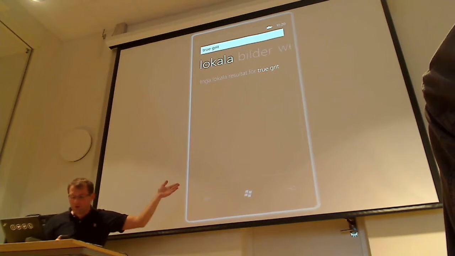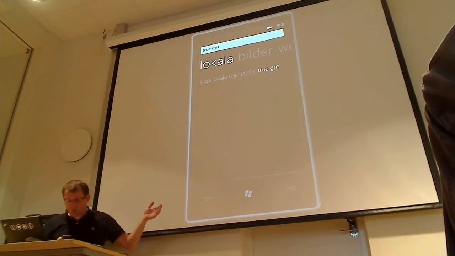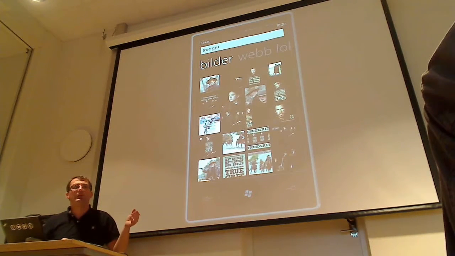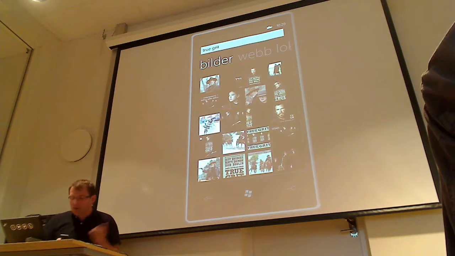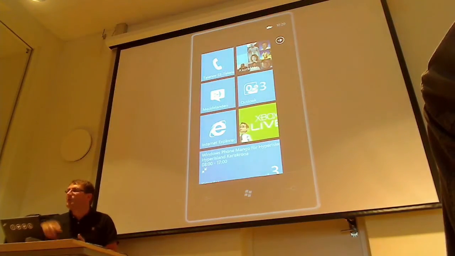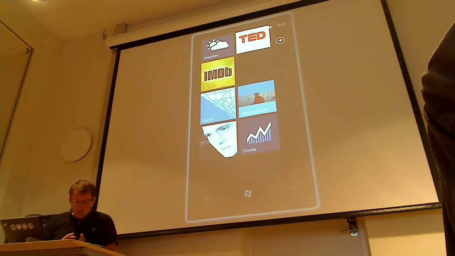No local information in Karlskrona about True Grit, not surprisingly, but you have images from the movie, all integrated in the search experience. So that's pretty cool, I think. I'll show you another example of how apps integrate and show up when you need them. I'll do a fake